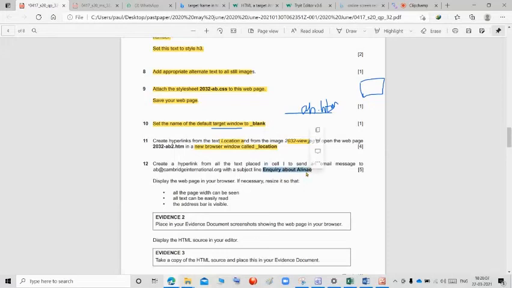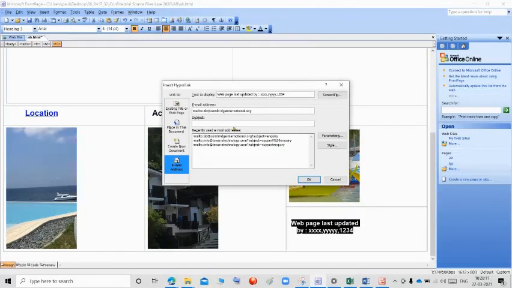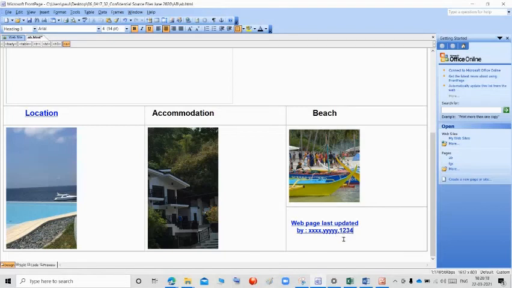I am copying this; in your exam, you want to type it. Paste it in the subject box and click OK. So now we created the email hyperlink.